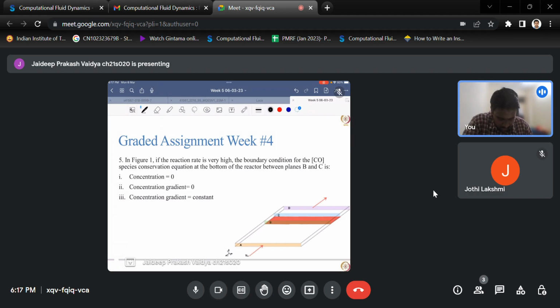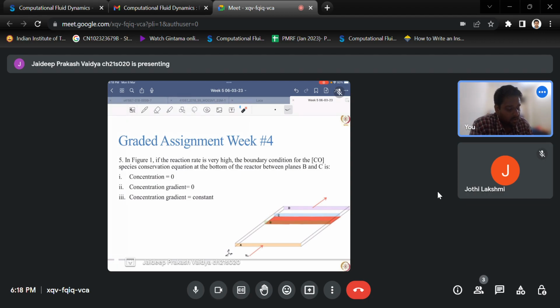Moving on to the next question. If the reaction rate is very high, the boundary conditions for the concentration of CO, species conservation equation, at the bottom of the reactor between planes B and C. So in this region, what is the boundary condition for the bottom plate shown over here? Assuming that the rate of reaction is infinitely faster than the other